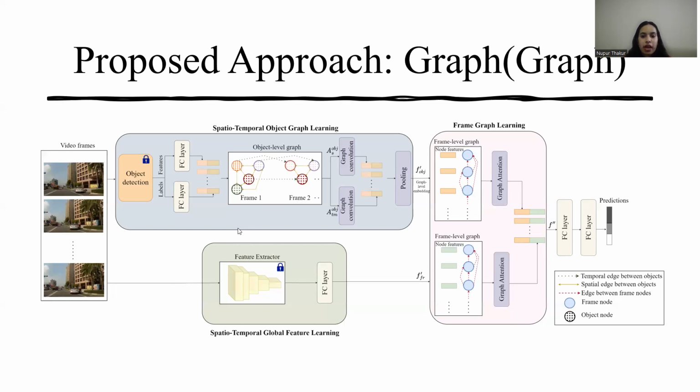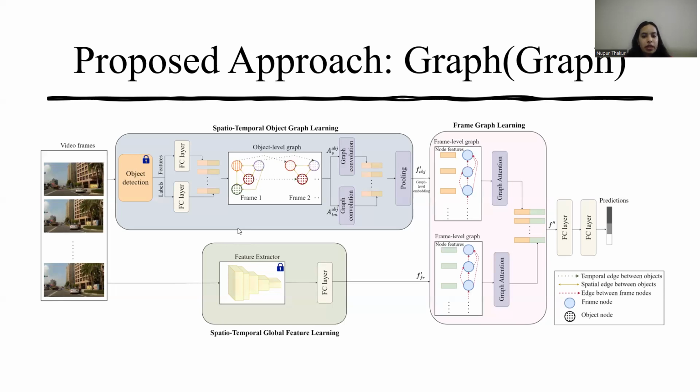This ensures that there is flow of information across the frames but reduces the irrelevant information flow across different objects belonging to different classes. After these graphs are formed, they are passed through graph convolution and pooling layers to get a graph embedding that represents every frame.